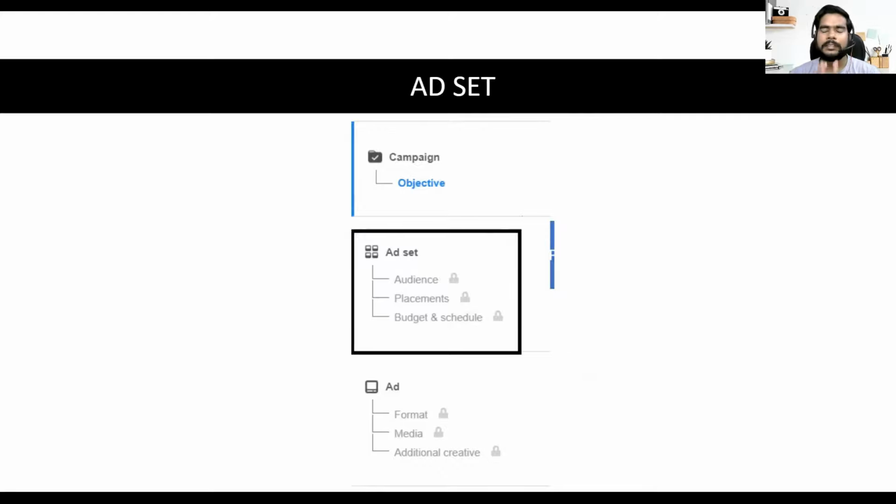Just leave the default settings. Facebook will automatically optimize and see which platform you are getting the most results from.